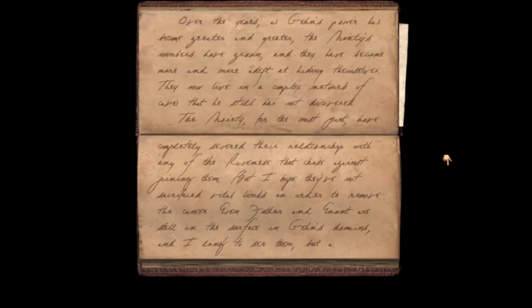Over the years, as Gen's power has become greater and greater, the Noieties' numbers have grown and they have become more and more adept at hiding themselves. They now live in a complex network of caves that he still has not discovered. The Noity, for the most part, have completely severed their relationships with any of the Rivenese that chose against joining them, but I hope they're not